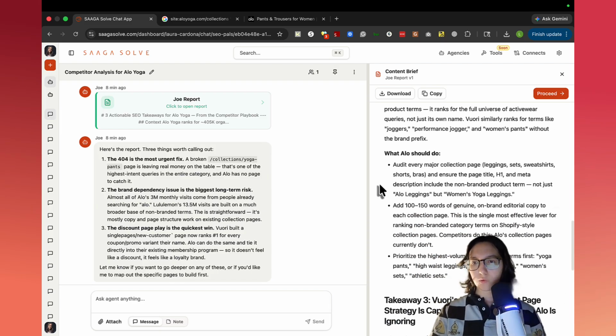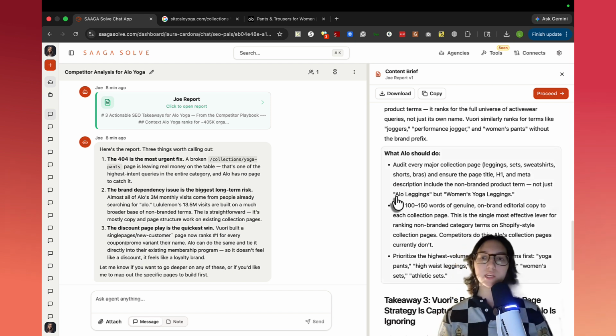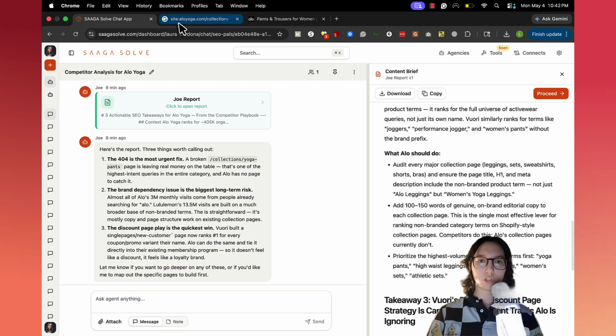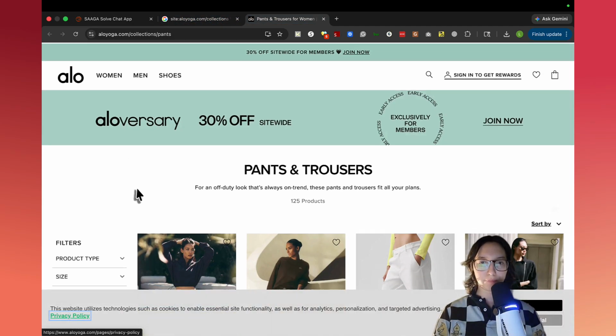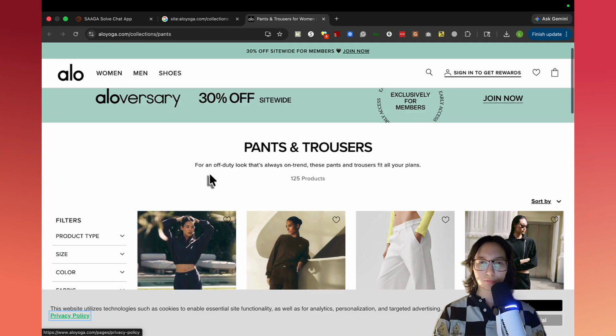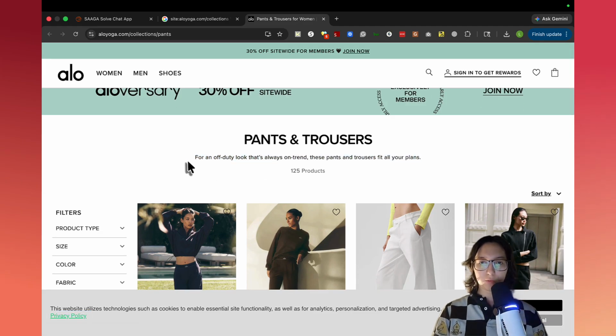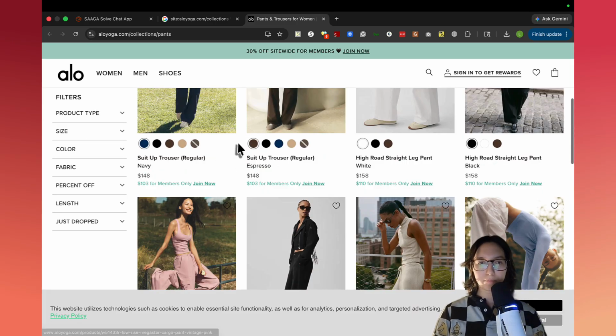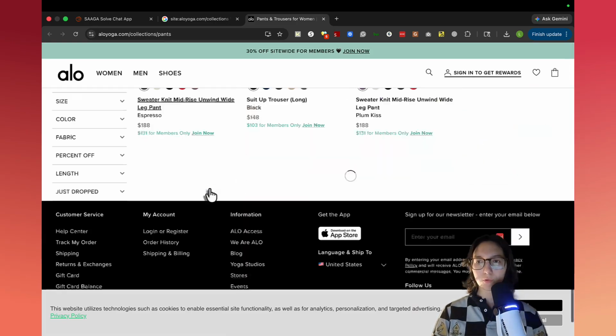So what Alo should do is not just lean into Alo leggings, but also women's logo leggings, adding some editorial copy to each collection page. When we go to the collection pages, we see just a single sentence describing what the page is, but maybe beefing this up, putting on some more content.